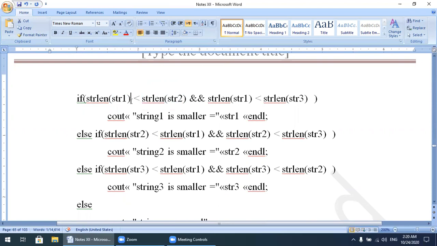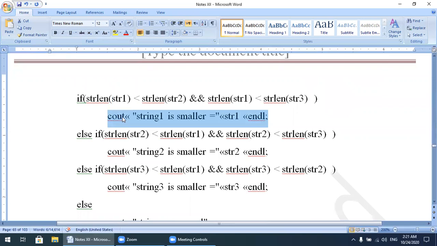So 5 is less than 3, this condition is false. And the string length of str1 is also compared with string 3, which has length 4, and string 1 has length 5. So false and false, the result will be false, so this statement will not be executed.